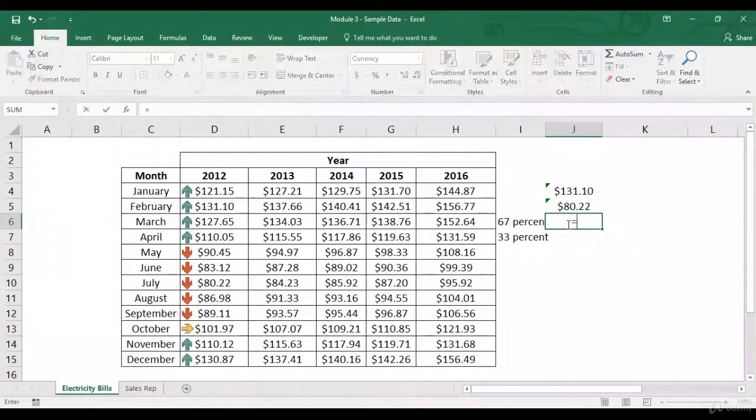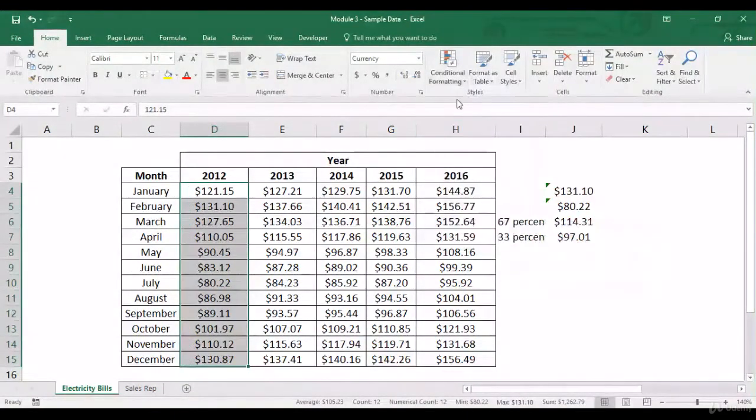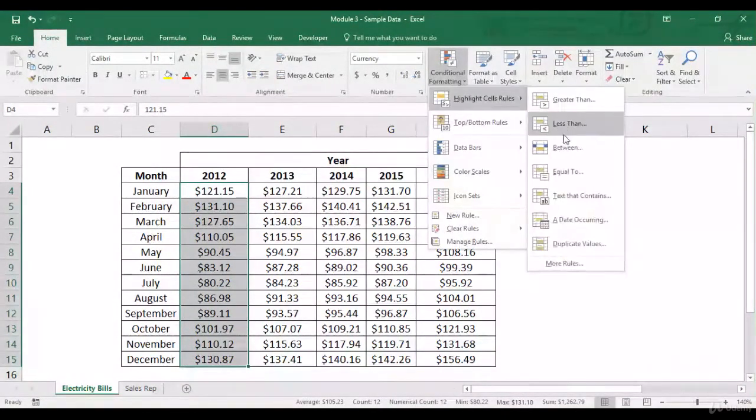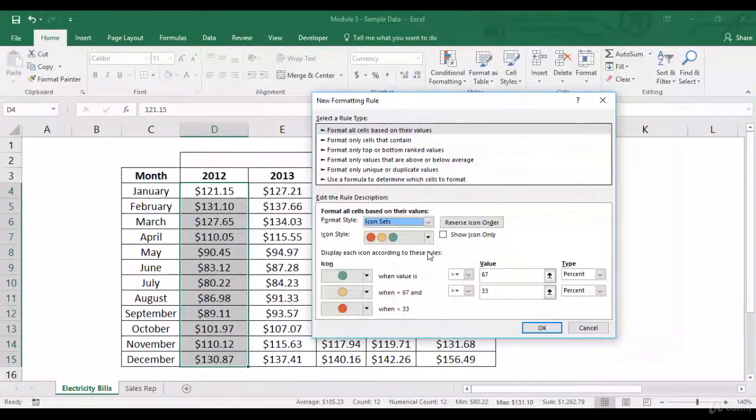So this will be, right. And let me clear formatting from here, and let me again apply more rules, icon sets.